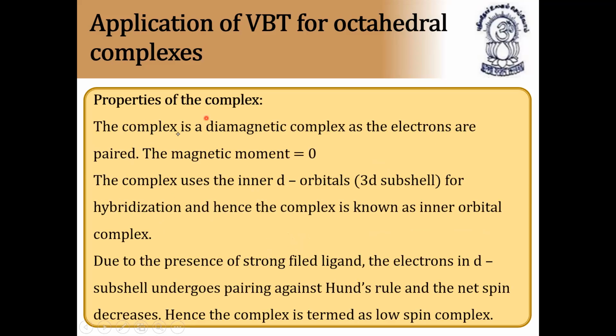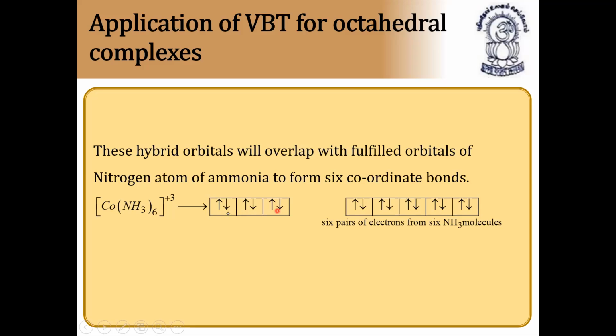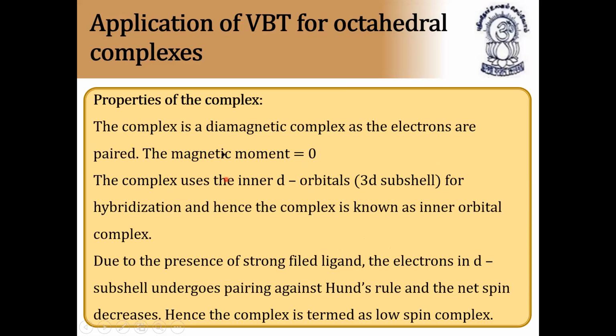Next, properties of the complex. The complex is a diamagnetic complex as the electrons are paired. As you can see in the previous slide, all the electrons are paired, in cobalt as well as here, so this configuration you should understand clearly. These hybrid orbitals overlap with the filled orbitals of the nitrogen atom of ammonia to form 6 coordinate bonds. Since all the electrons are paired, the complex is diamagnetic. And as there are no unpaired electrons, the magnetic moment is